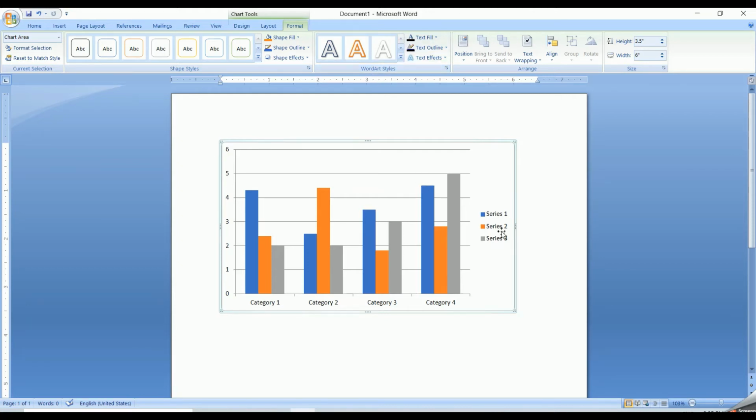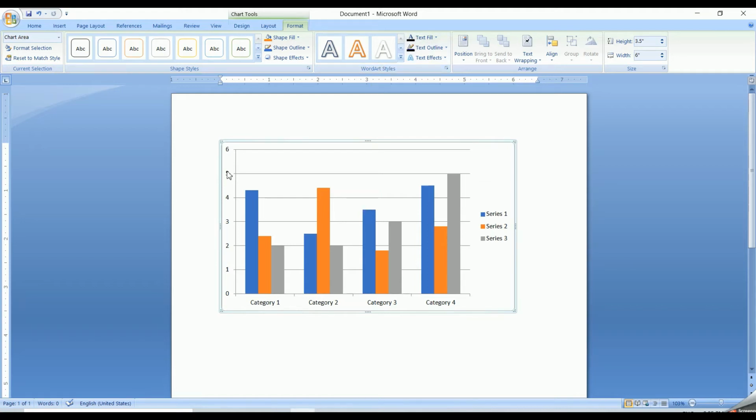You can see here some text written over here, series 1, series 2. As you can see here, series 1 with the blue color, series 2 with a somewhat orange-brown mixed color, then series 3 gray color. These symbols denoting the different series are called the legends. It is helping you to identify that this is series 1, this is series 2, this is series 3. Remember that. So I was telling you about the word art styles here.